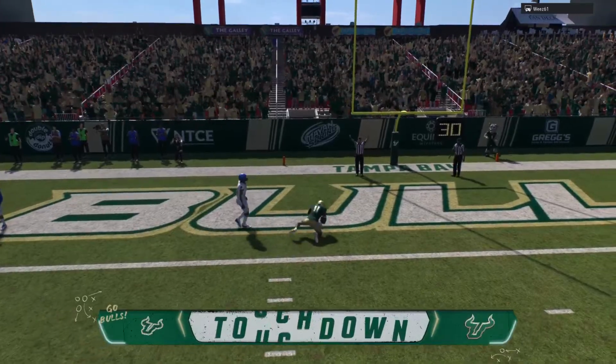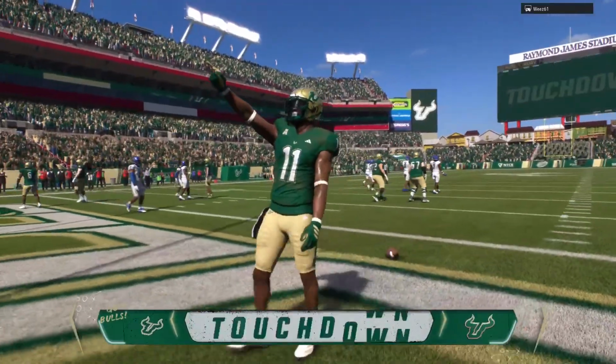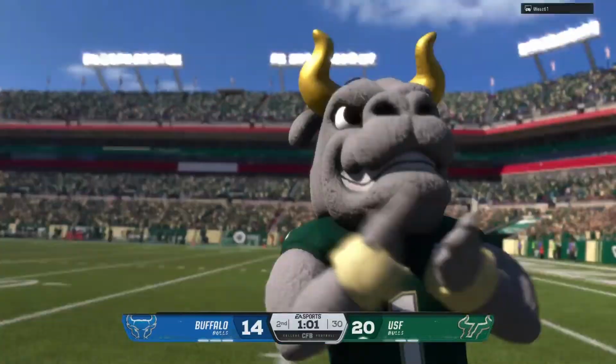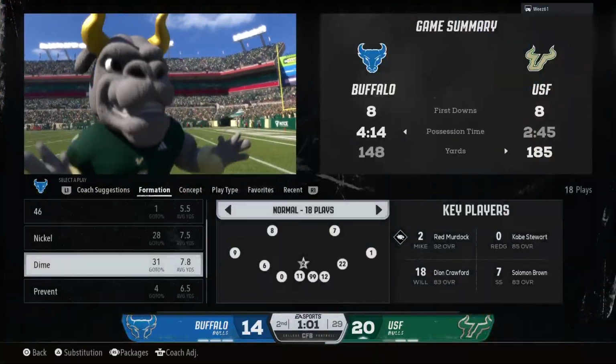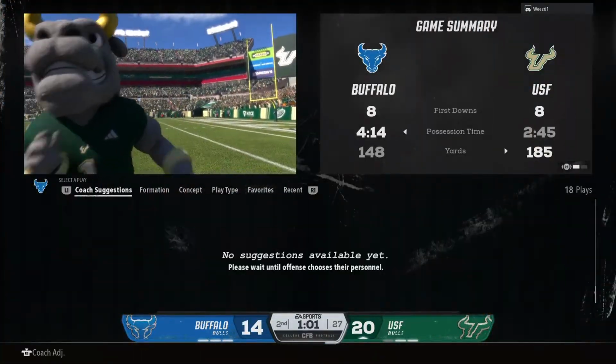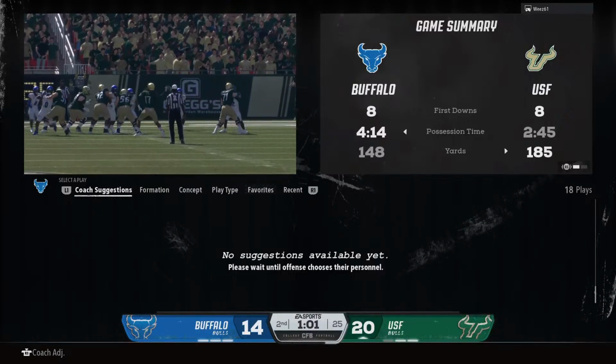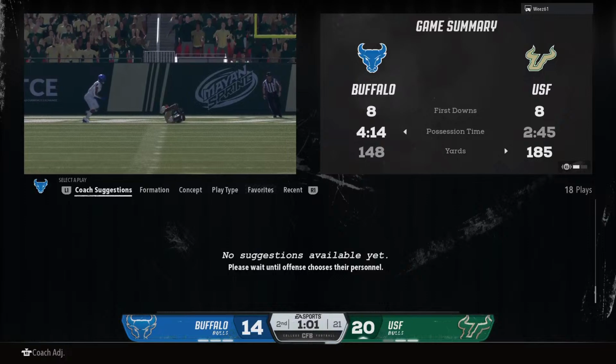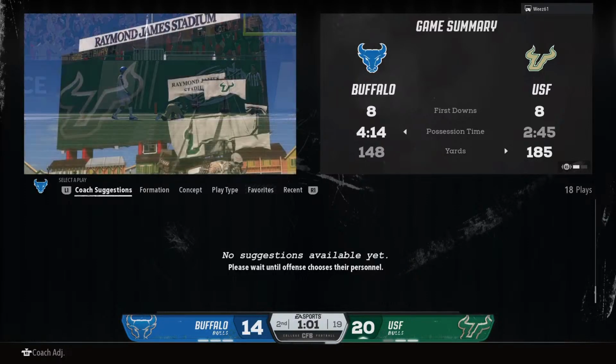Touchdown, South Florida. Grab the short pass to put the 6 on the board. And I just love the execution by this offense. Late in the half, man, you want to take the lead. You want to get that momentum on your side, and they do it. They finish it with the passing game. I'll tell you what, keep that passing game up. You can keep this lead, keep the momentum, and keep putting up numbers.